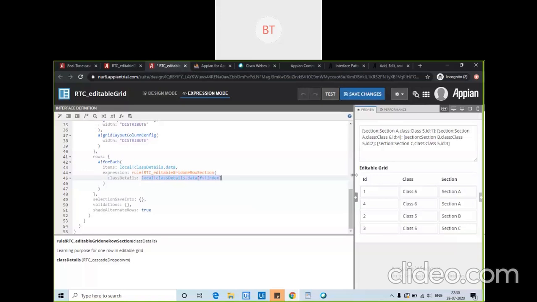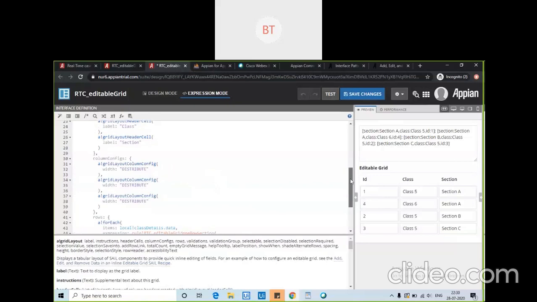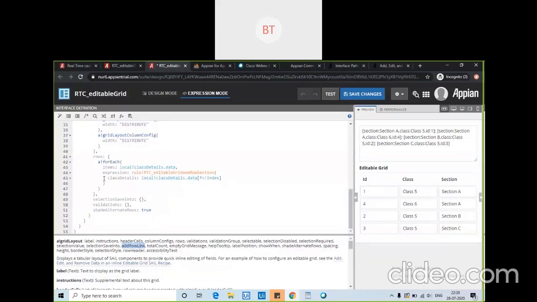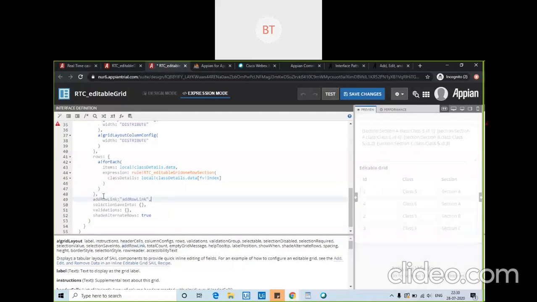Okay, so I will just show you the place where we can add the add row link function. So here we have our add row. Okay, add row list. Yes. So if I add this parameter, it will just show the add row link, but it will not work. But today I am just showing you.